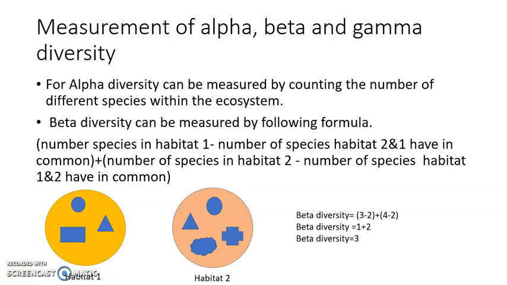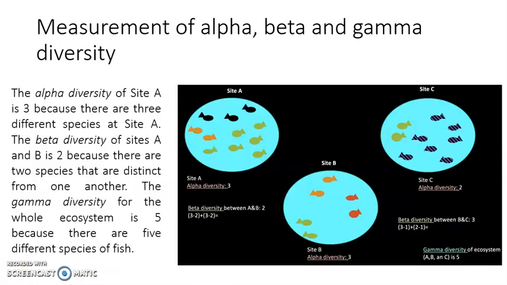Now we will see how we can measure the gamma diversity. And here is one more picture to elaborate how we can measure the alpha, beta and gamma diversity. Alpha diversity is a simple count of species, or the species richness of that region, while beta diversity is when we compare two regions and see how many unique species there are between these two regions. When we talk about gamma diversity, it is the total species. This is a combination of alpha diversity and beta diversity,